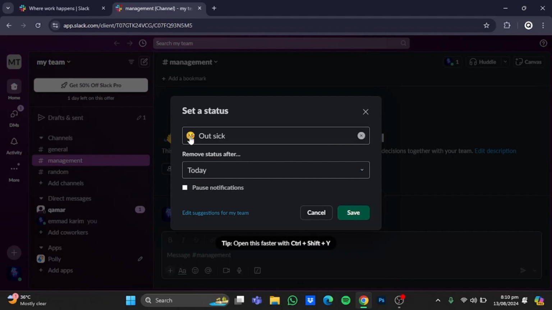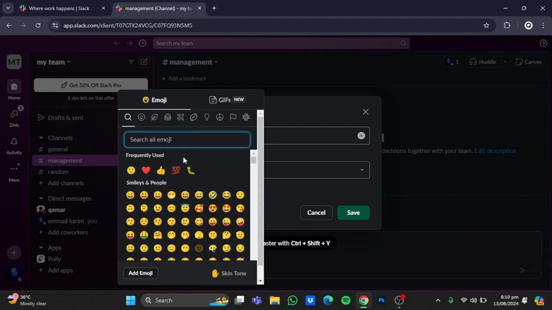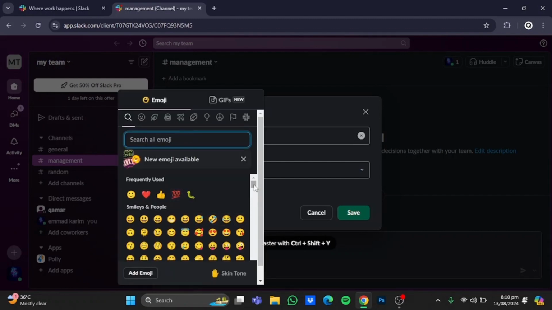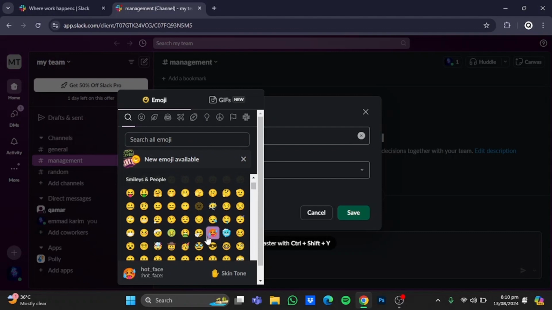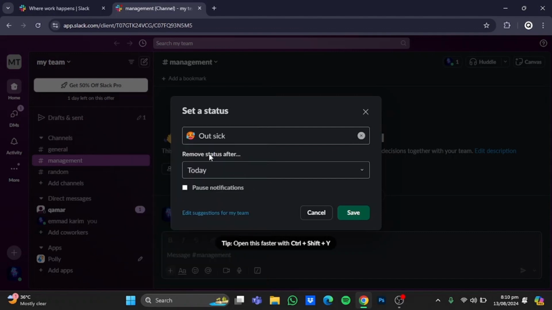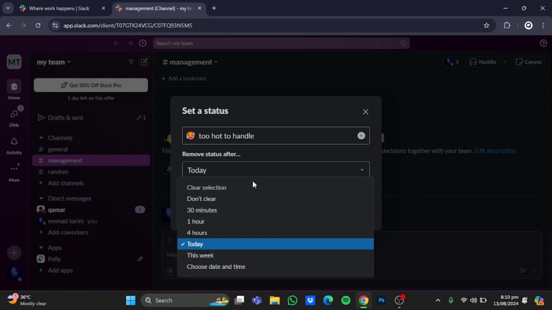Now once you're here, click on the emoji right here, and in here add the emoji that you want. I will go for, let's say, this hot one right here. Now after that you can rename that emoji. I will go for too hot to handle. Now after you've named the status, click on this button right here, and in here click